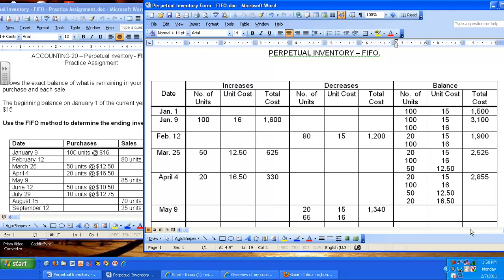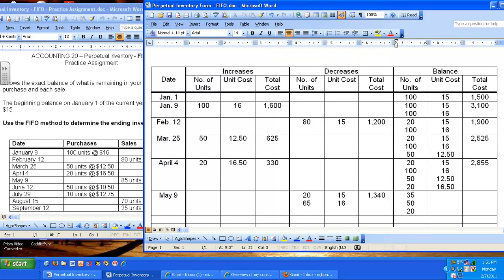$1,340. And what we have remaining in our store is 35 at 16, 50 at 12.50, and 20 at 16.50. And so our total cost is going to be $1,515. Once again, on June and July, we made additional purchases, and once again I'm going to pause the video